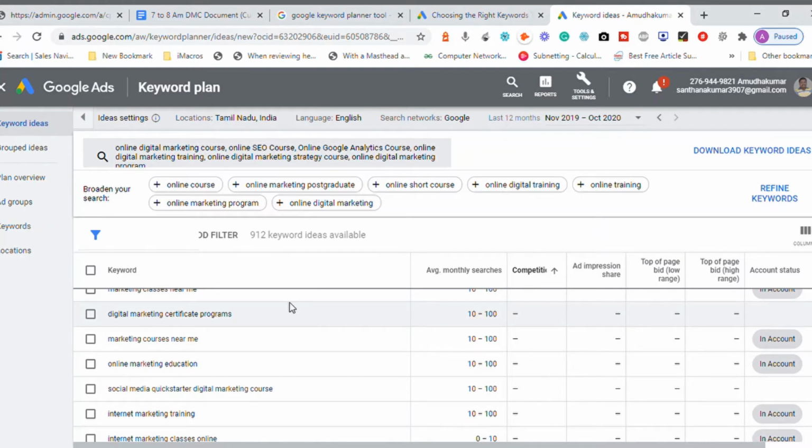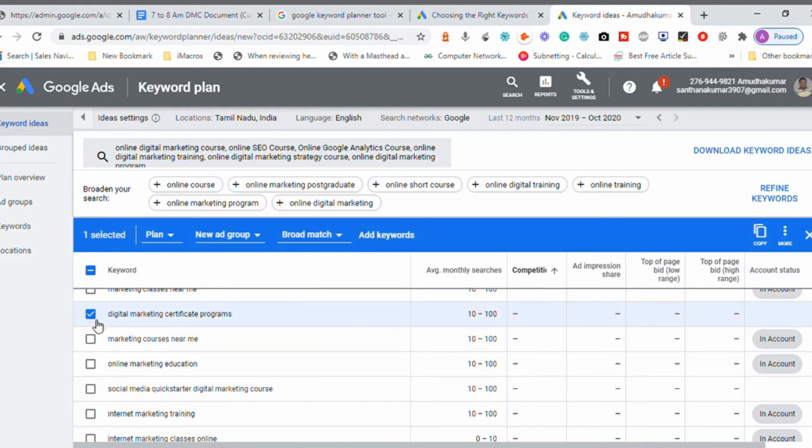So I can select this keyword to target my advertisement campaign because there is no competition for it. At least when 10 to 100 people search for digital marketing certificate programs, they can connect with me. I will connect with somewhere around 10 to 15 people. That is okay for me. I don't need to do the admission process for 200 to 300 people. Online marketing education is very generic. It does not talk about email or digital marketing specifically, but still I will select it, because online marketing education is basically promotion. And there are other keywords, like internet marketing training.